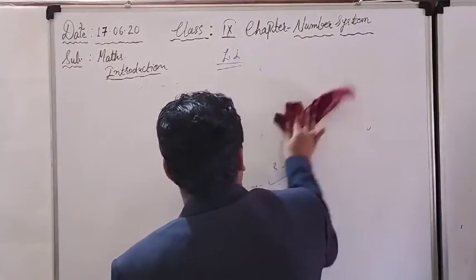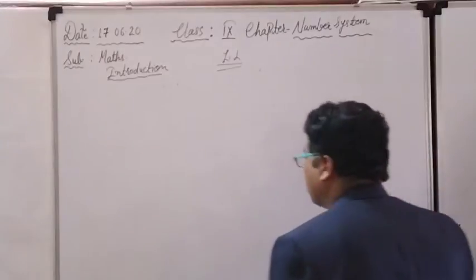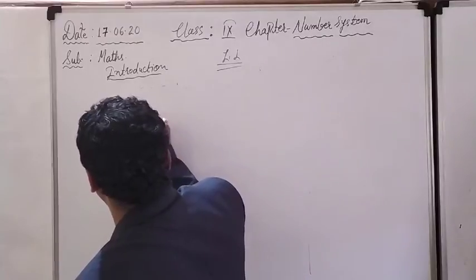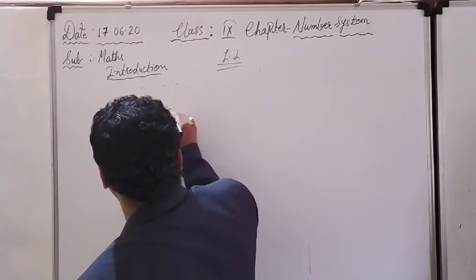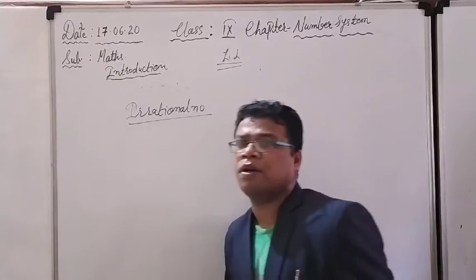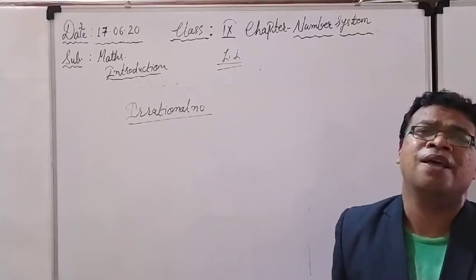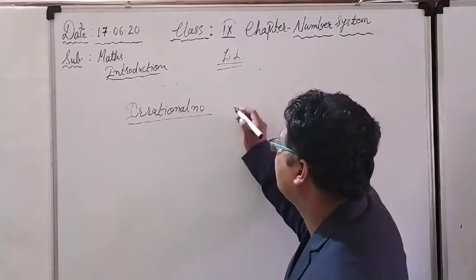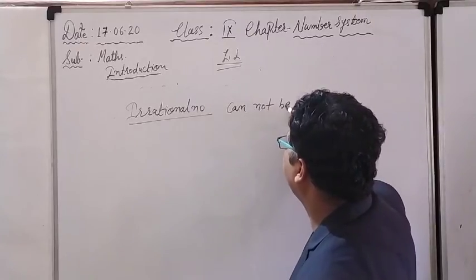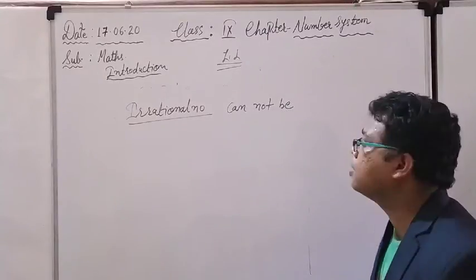Actually, right now we will focus on some kind of numbers which are not rational, and these kinds of numbers are known as irrational numbers. Look here, irrational number is the opposite of the rational number. Irrational number, opposite of the rational number, means any number which cannot be written. I am not going to write down the definitions because all the things are given in the book. Only I am going to explain you the basic things.